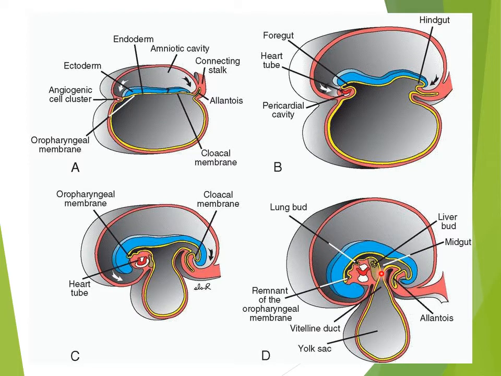So it is also going to narrow down this connection between the midgut and yolk sac, and here we label it as the vitelo-intestinal or vitelline duct, which is just making a connection between the midgut and the yolk sac. But the other parts, that is the foregut and the hindgut, they are going to form the